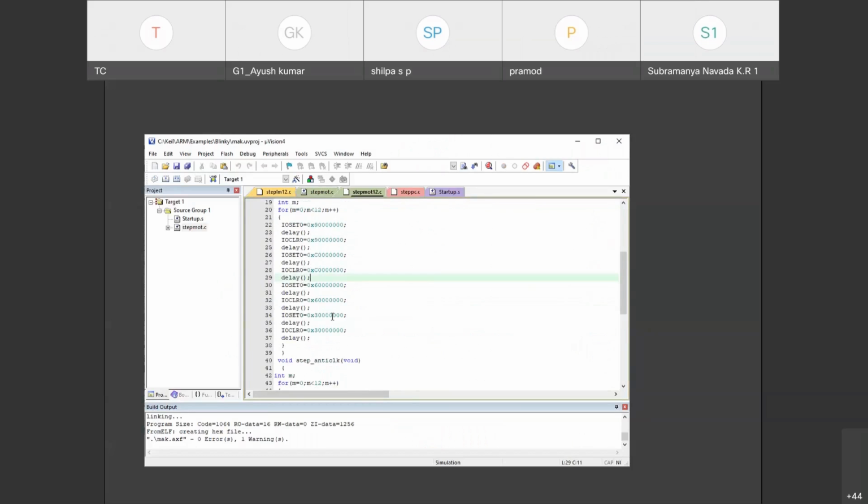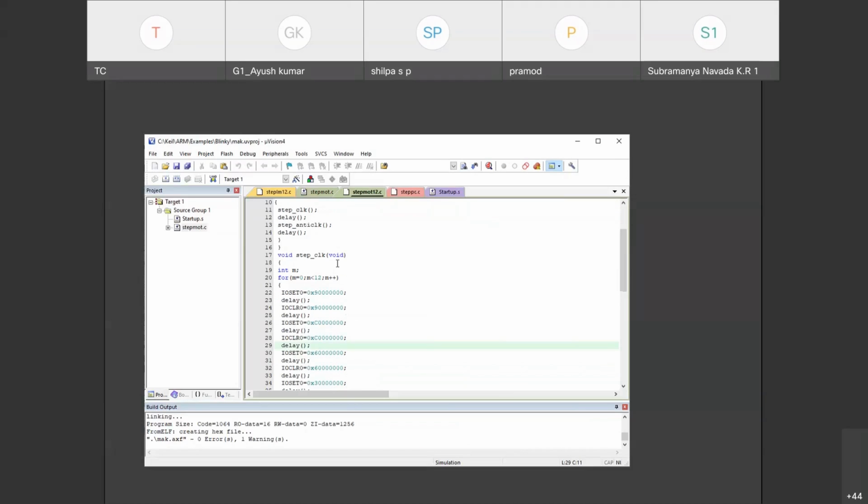See here, if I have written an extra int, which I declared here in the step clock and in the step anti-clock, I just mentioned 0 to 12. It means that these 4 times it is rotating. It means it is going clockwise 4 steps, anti-clockwise 4 steps.